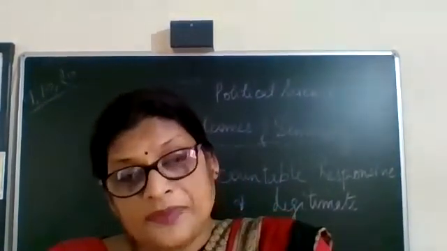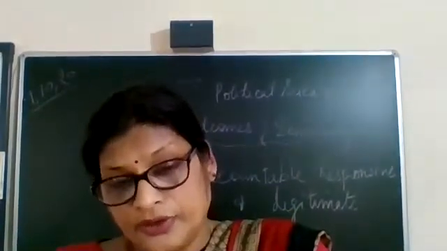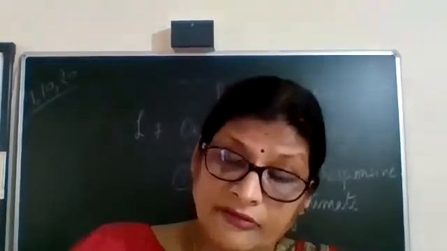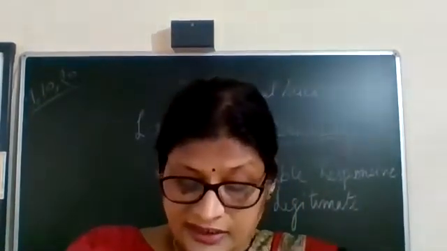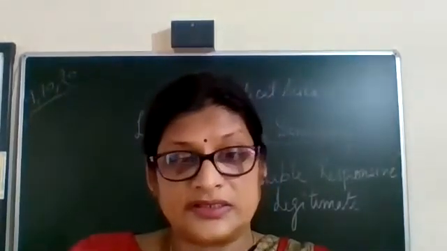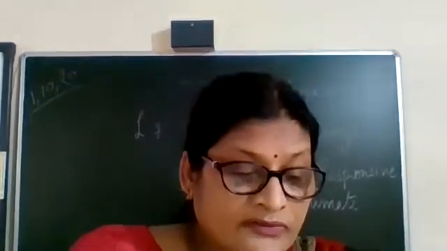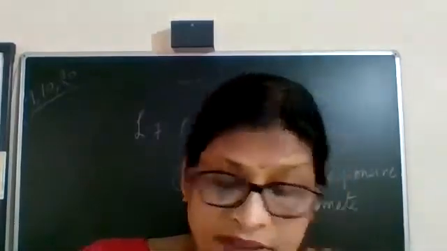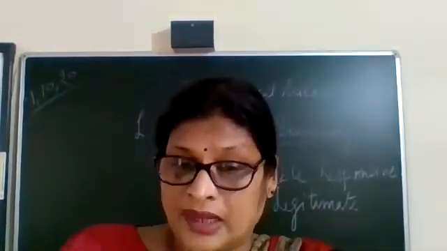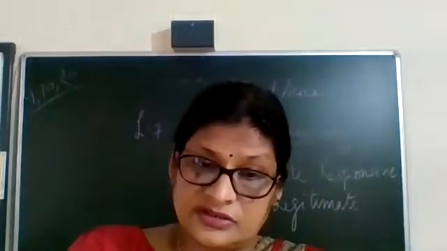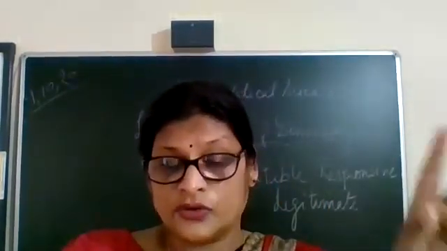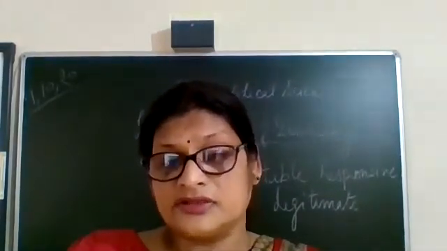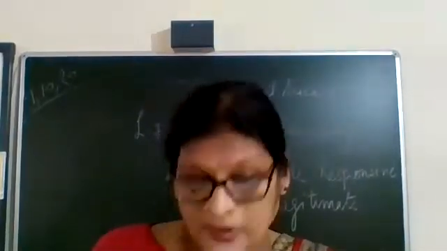Here we are going to talk of certain practices and institutions. First is free, fair, and regular elections. Second is open public debate on major policies in a democratic government. Third, we are going to take citizens' right to information about the government and its functioning. If we judge democracy on the basis of these three things, regular, free, and fair elections, open public debate on major policies, and citizens' right to information regarding the government's functioning, we find